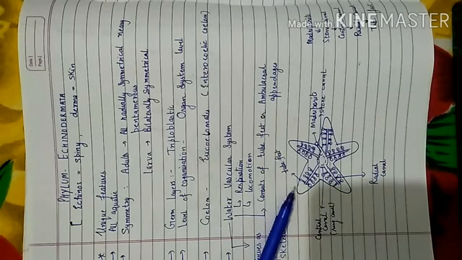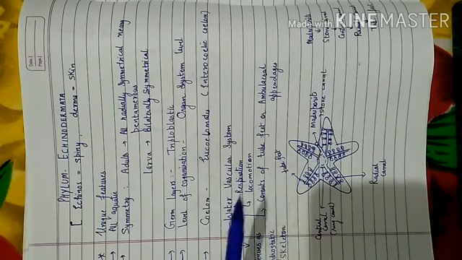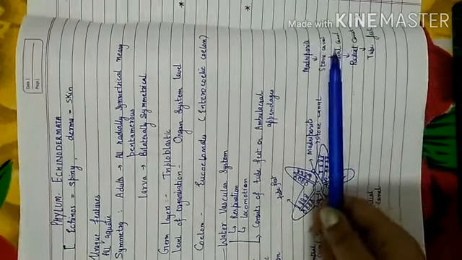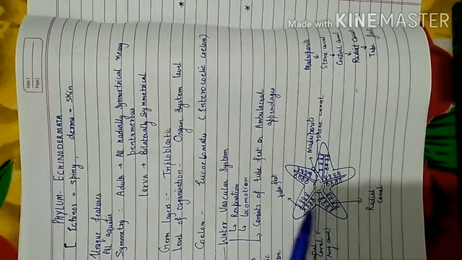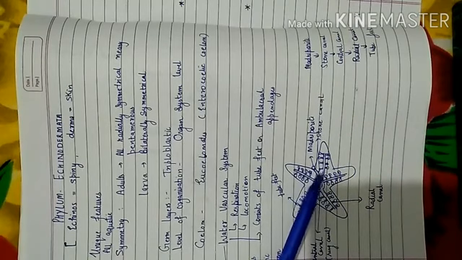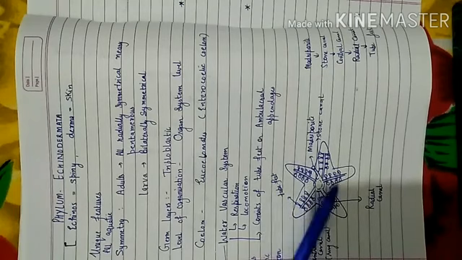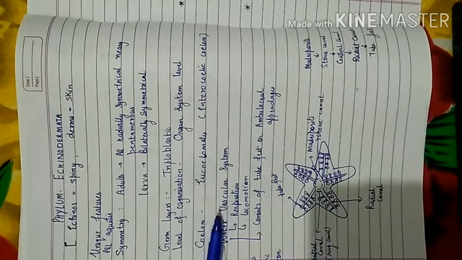So this water vascular system consists of madreporite, stone canal, then the central canal, radial canal and tube feet. When the water enters through this pore and is circulated in the body of the starfish or echinoderm, then this will help in the movement. So therefore this water vascular system helps in movement, it helps in locomotion.